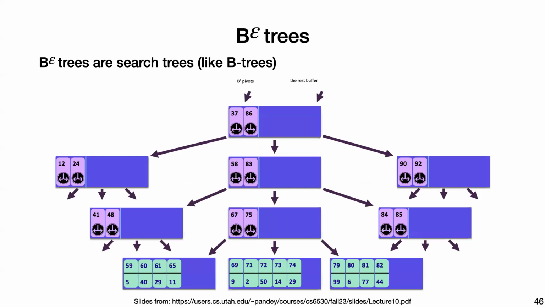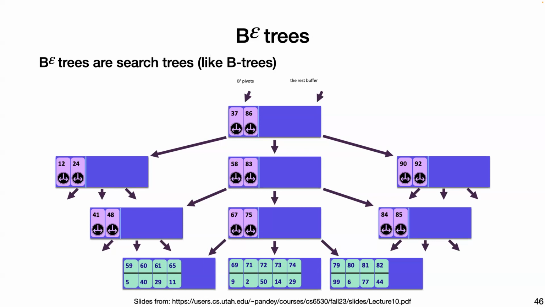Okay, so B epsilon trees are search trees, much like B trees. And again, they have pivots like B trees do. And they have internal nodes and leaf nodes, and this happens to be a key value store. So these are the keys and these are the values, and these are the leaves in the B epsilon tree. Different from B trees, where you fill the entire thing up to B,